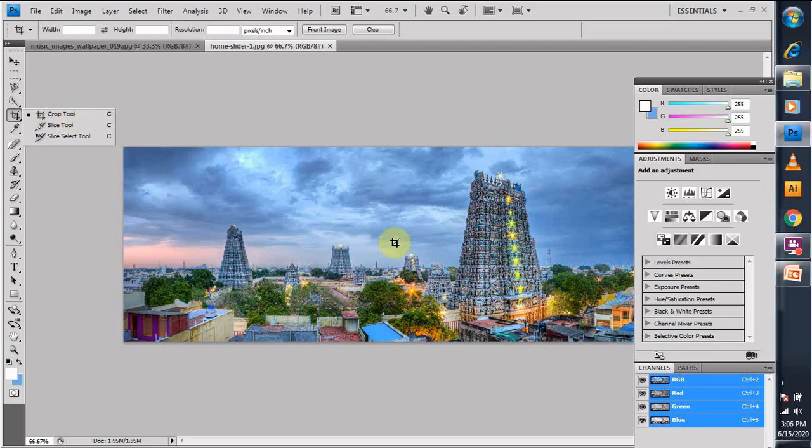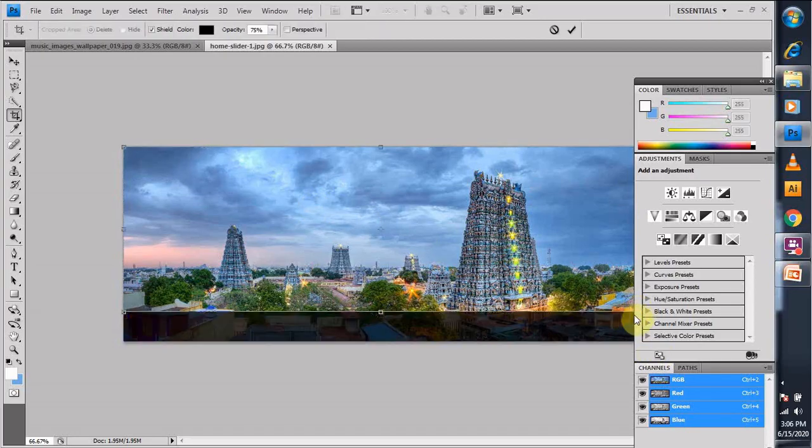I have taken an image, so for that I use the crop tool. Normally we use the crop tool like we'll take the image of whichever size we want to and we'll crop off whichever image or area we don't want. So we deduct that area from the area which we require. Like I have cropped the area and the bottom I don't want, so I have not taken the bottom and I'll press enter.